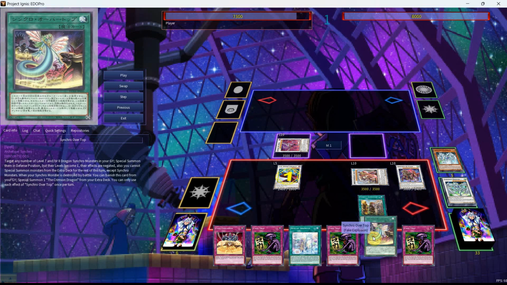When your Synchro monster is destroyed by battle, you can banish this card from your graveyard, special summon 1 Crimson Dragon from your extra deck. You can only use each effect of Synchro Over the Top once per turn. Something else I would like to point out is that all these cards with the Synchro restrictions really only matter for decks outside of Synchrons, because once you go into Junk Speeder, you're already restricting yourself from anything else but